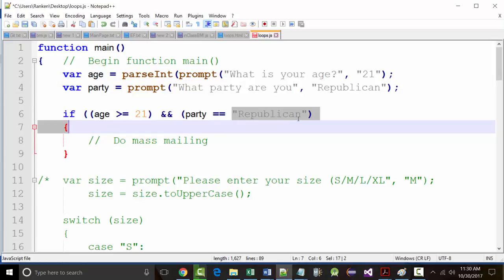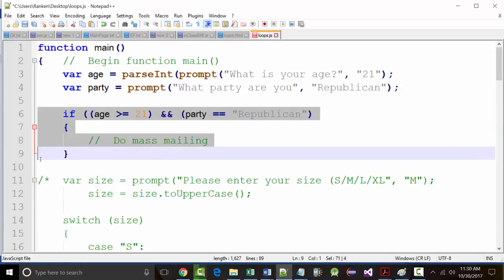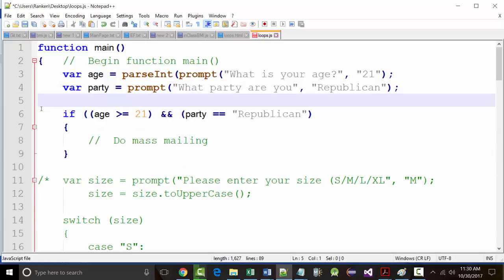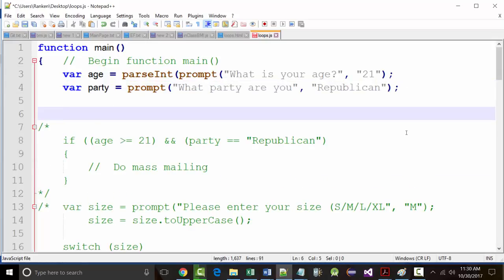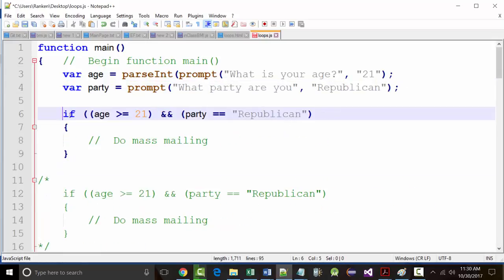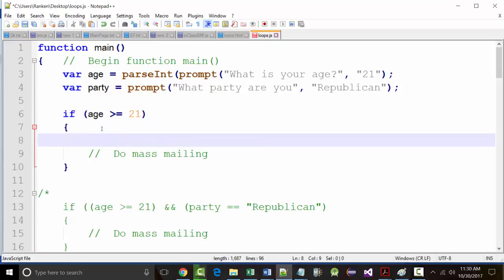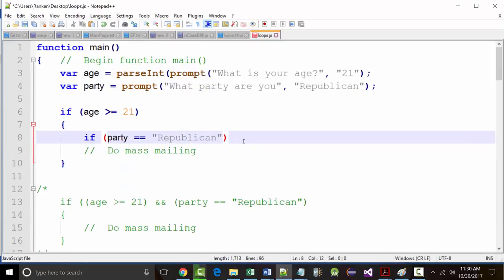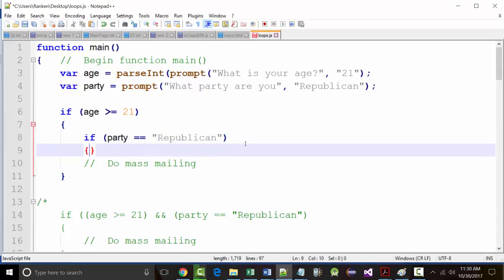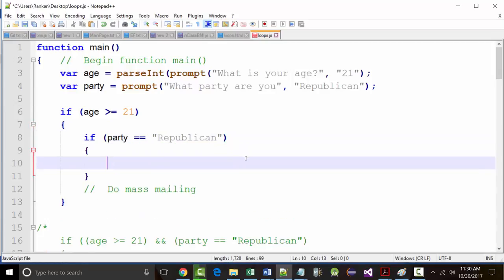All right, but what if I write it like this? I'm going to grab this same code that we have here, copy it to the clipboard. Why? Because I'm going to comment it out, and then I'm going to put it back in again. I know that sounds stupid, but bear with me a second. So I'm going to come in here, and I'm going to do this. Okay. Now what I have